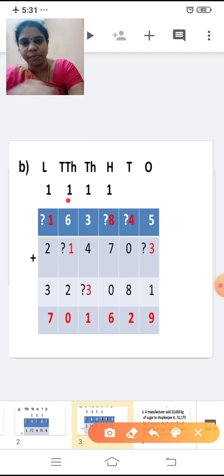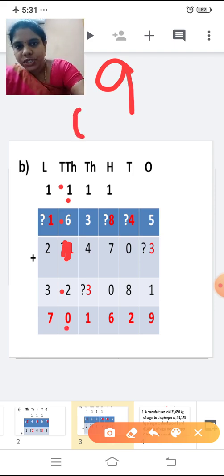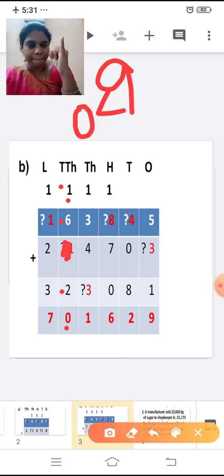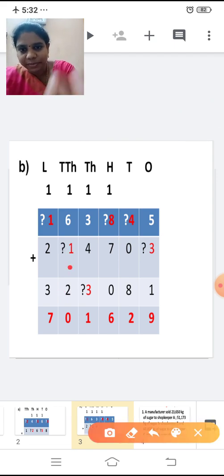Now let's add the 10,000 place and we'll see what number we should add here. Yes. Now 1 plus 6 is 7. 7 plus 2, 9. With 9, what number I should add so that the unit place is 0? 9, 10. So I'm adding only one more number. So I got 10. So unit place is 0, right? So this 0 I'm writing it here. So how many digits have I added? Only one number I've added, right? So write 1 in this place.